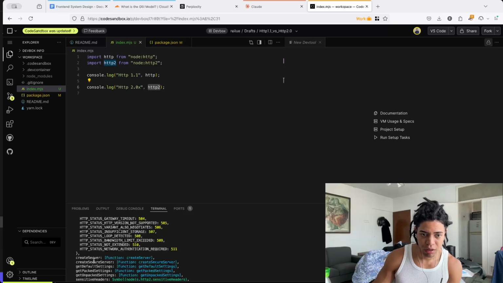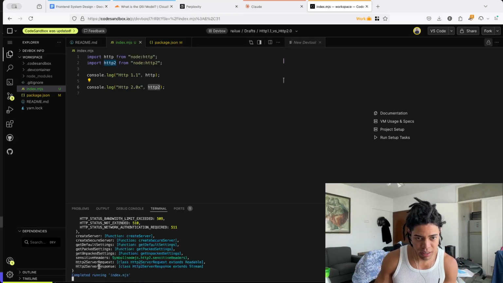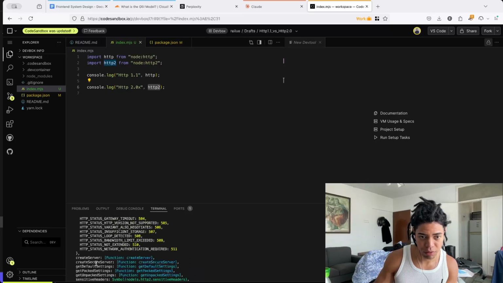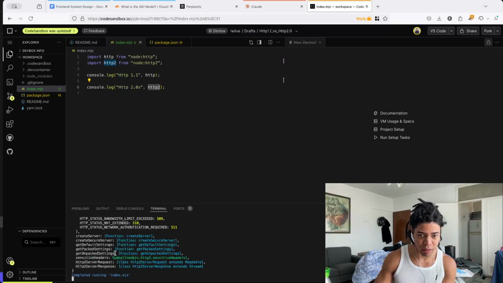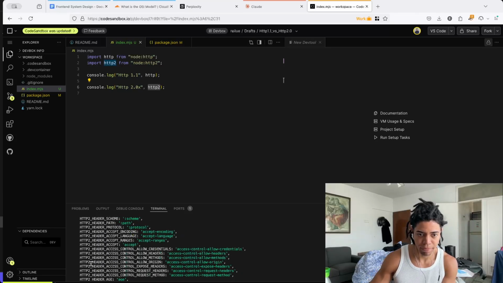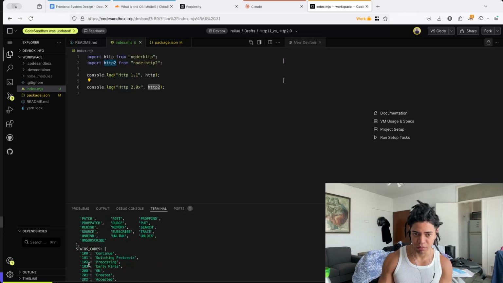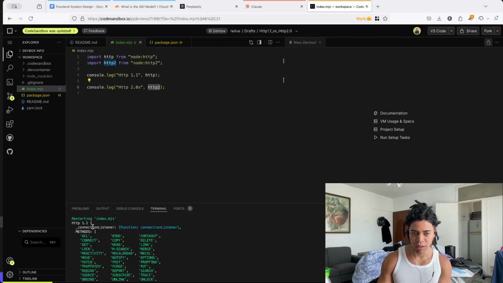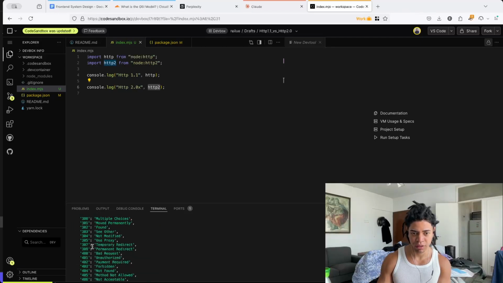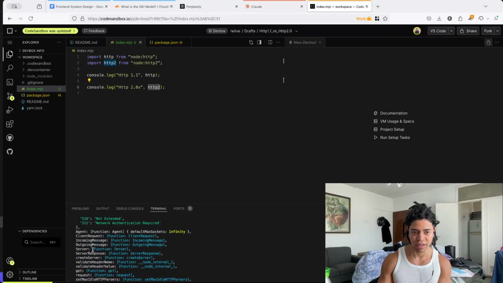That's quite interesting. Also, you now have create server, create secure server, and this kind of thing. The HTTP2 server request and server response. That is made from this. It is a readable and extends from a stream. So you have the methods and the status code. The way they organize this, you have also seen things like agent, client request, incoming message, outgoing message, server,